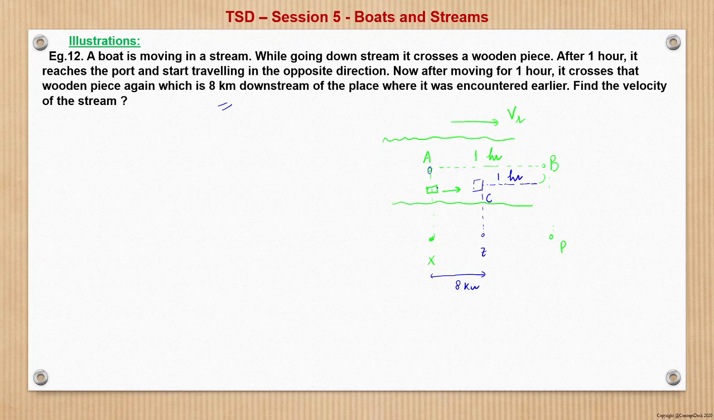So basically, in 2 hours, the boat goes from A to B and then again comes back to this location. So in 2 hours, the boat meets the wooden piece again, and in the same 2 hours, the wooden piece has covered